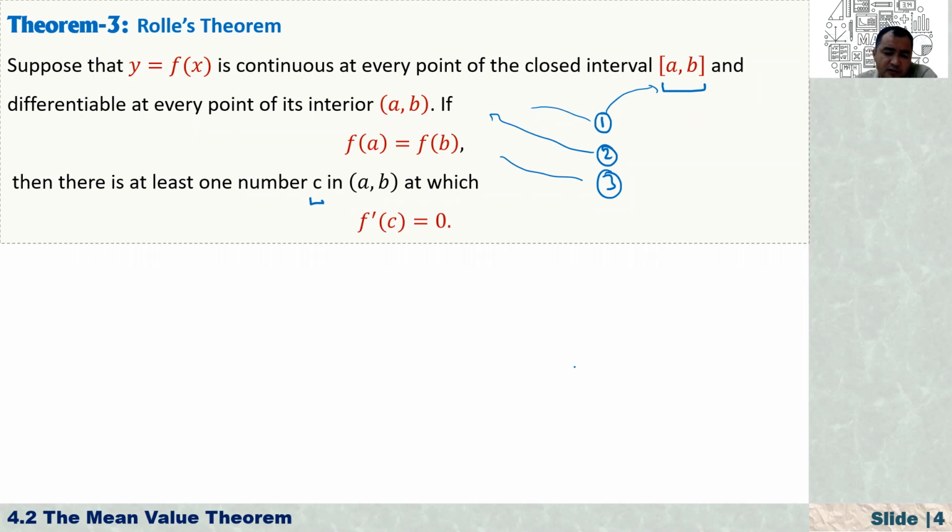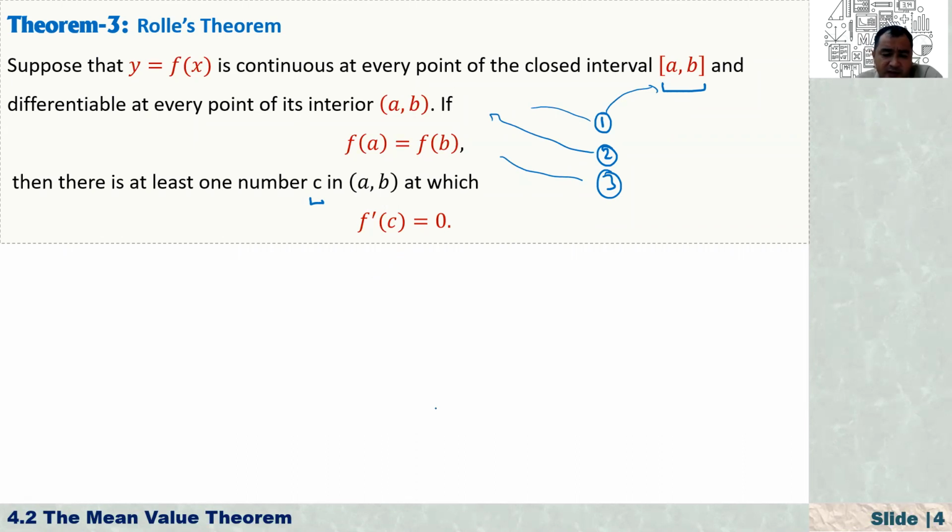So what is a critical point? A critical point is where the derivative of the function is equal to 0 or it does not exist. But the theorem says that it is differentiable. So the critical point is where the derivative of the function is equal to 0. We just rule out the condition that it does not exist. So if the global maximum or global minimum occurs at an interior point, now we are done. We have that point where f prime of c is equal to 0.